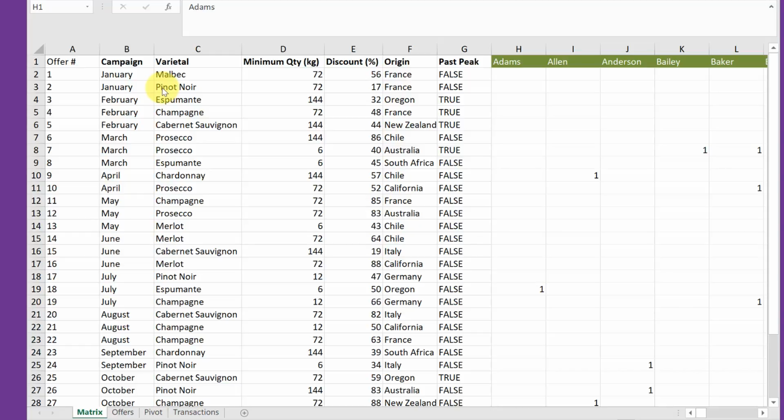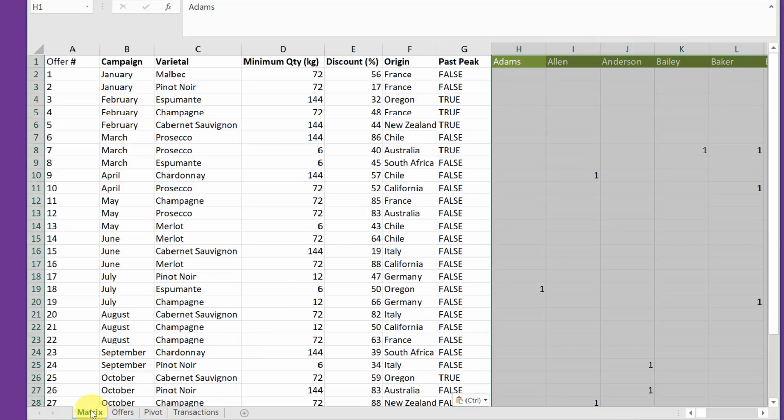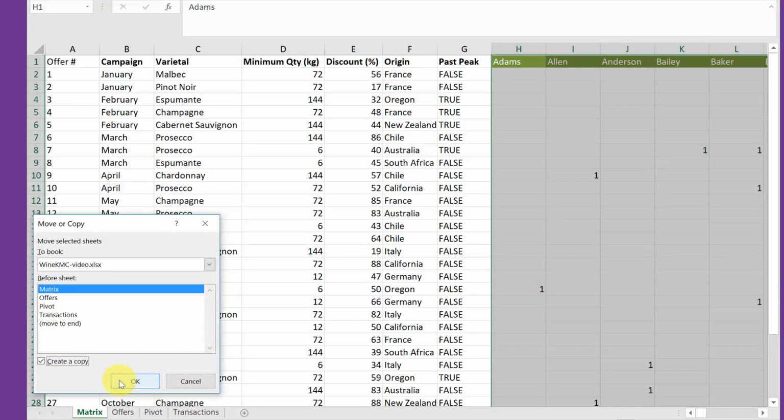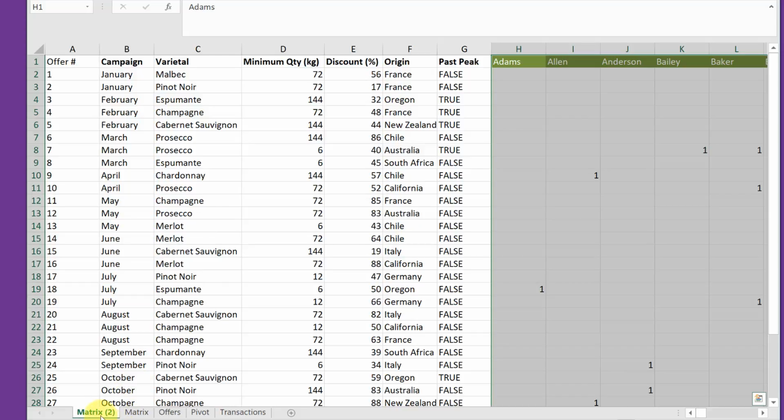Because of a limited budget, you're only going to do 4 special newsletters next year. So we need to modify our space in order to put in the 4 newsletter clusters. But we're not going to do that on matrix. We're going to copy again, create a copy, and then I'm going to rename this